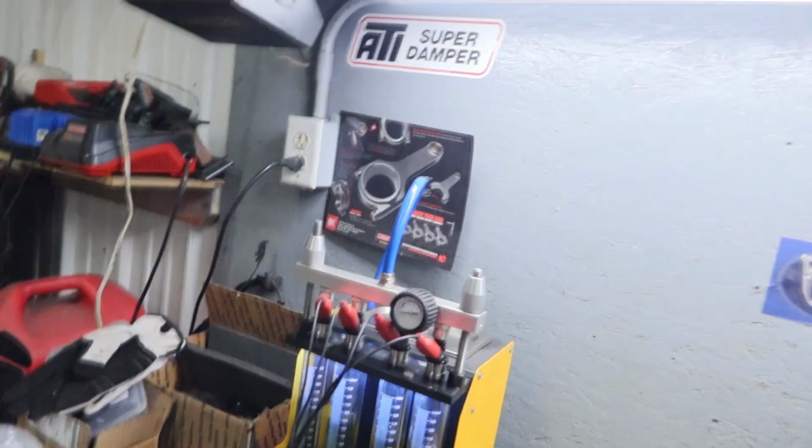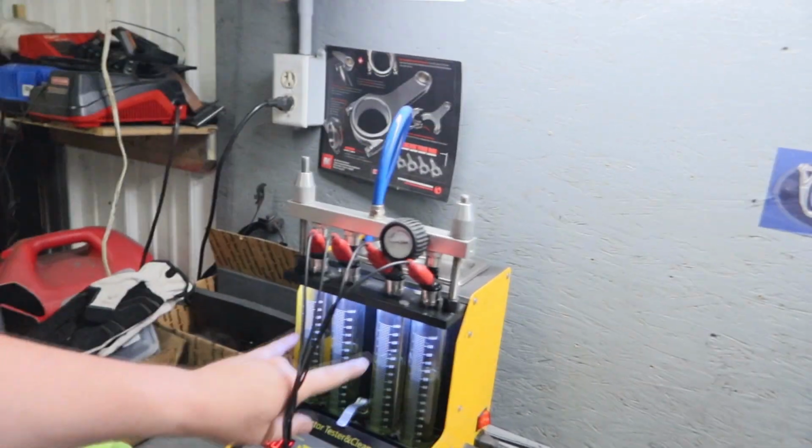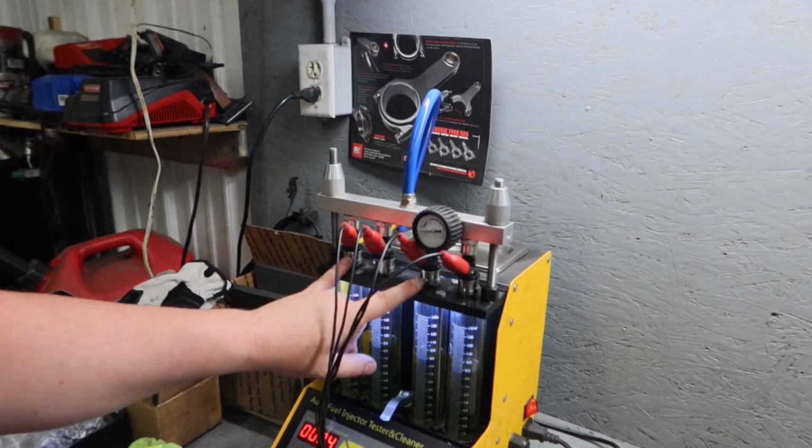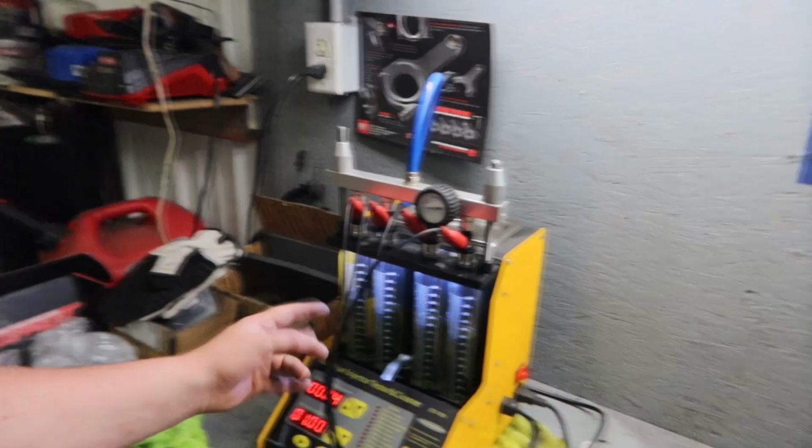All right, guys, so as you see, this injector has a weird spray pattern. They definitely need cleaning, but these two, which I have in 1 and 3 right now, are actually really close. The end test results are pretty good. What I'm going to do now is throw them in the ultrasonic cleaner. I'm going to clean them for probably 30 minutes, and then I'll come back and run the idle test and